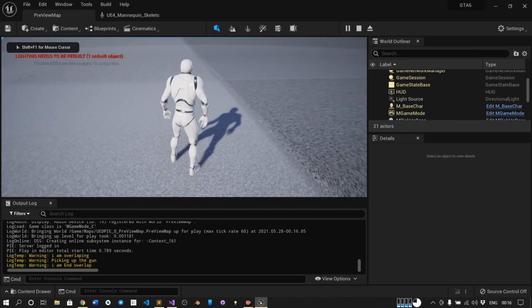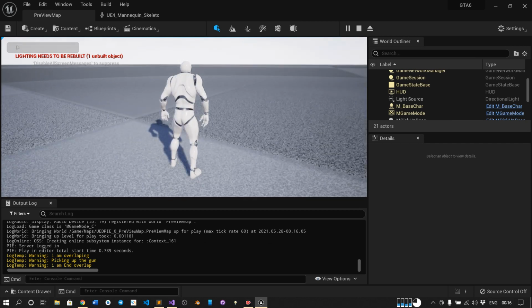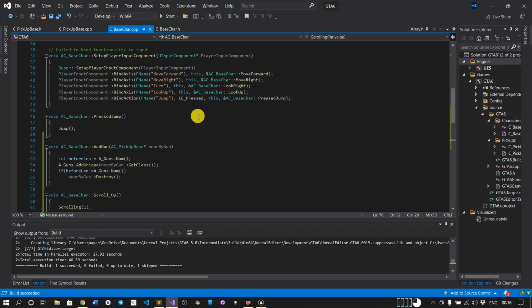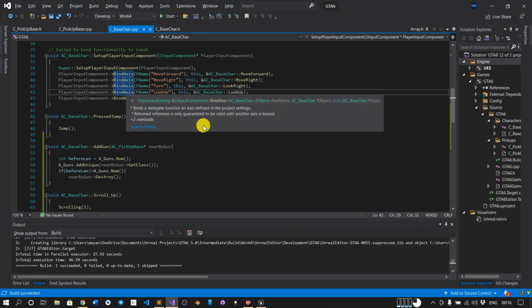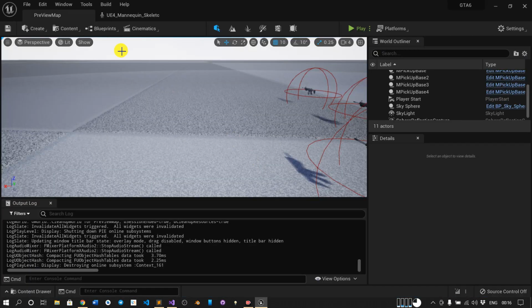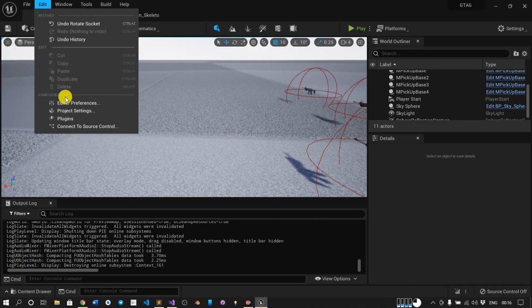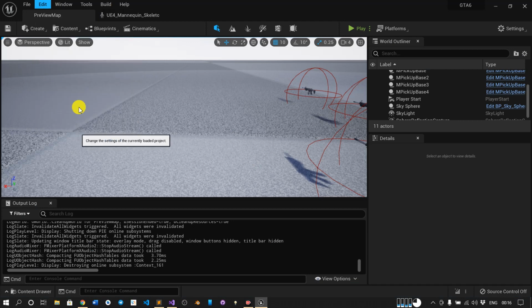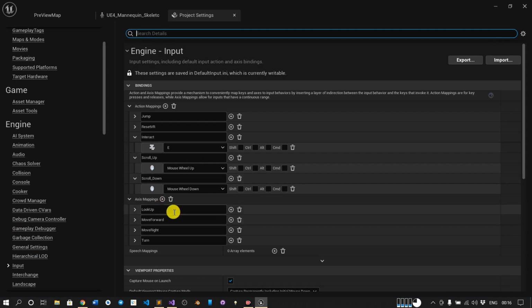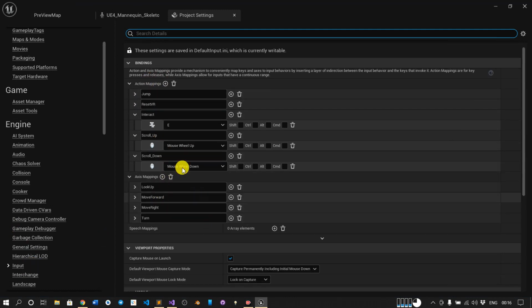I press C, and I'm scrolling up and down, but nothing is happening. So let's see what the problem is. Okay, so we have not bound our function keys yet. Let's see if we have created our keys here. Just go to input. Actually, we have. Yes, scroll up and scroll down.